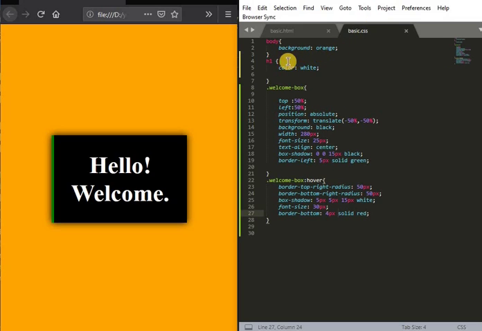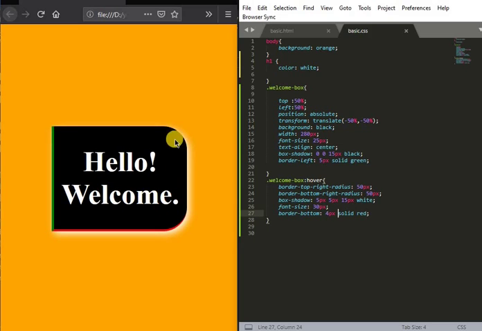We gave the background as orange, we gave the header color as white. In the box we transformed it to the center, 50, 50. For width we specified the font size and alignment. I want the text to be at center, and box shadow, that is, you can see black of 15 px each side. Now border left I gave a green here. So now when we hover